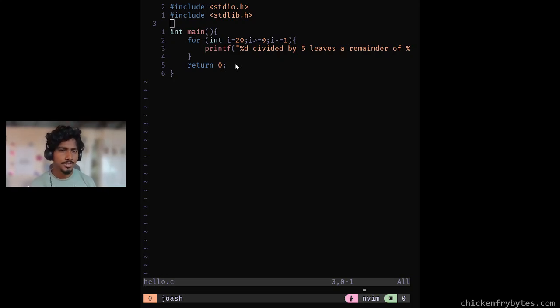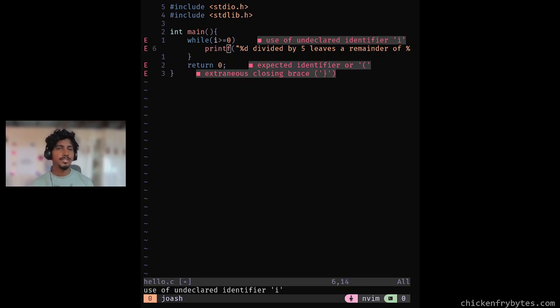And we can basically achieve the same effect of the for loop using what we call a while loop. It's just that the structure for the while loop is a bit different. So what we could do is put the basic format, which is while, and then the condition. In this case, as long as i is greater than or equal to 0, we can run our